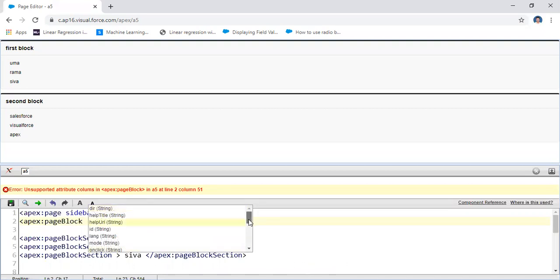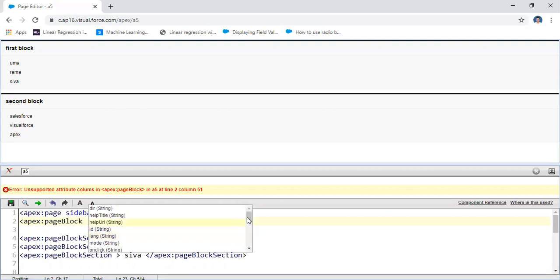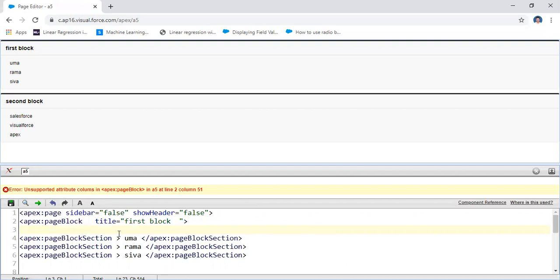Okay, it has some columns. I think there is title and then rendered, on click button, and then help button or title button. Okay, you have different information here.